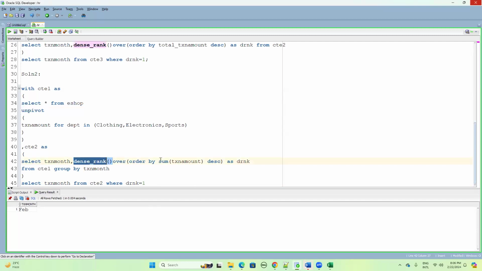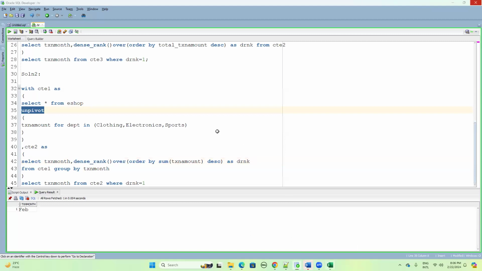Then dense rank is there. If you're thinking that you can solve this using subqueries and write within that, that is also one of the solutions. I'm not commenting anything on that, okay? But the main intention from this solution is I just want to show you first of all that